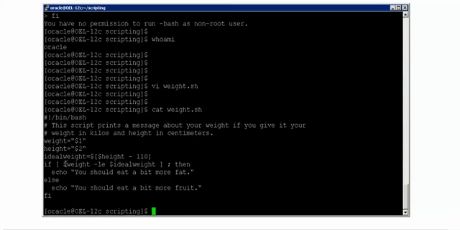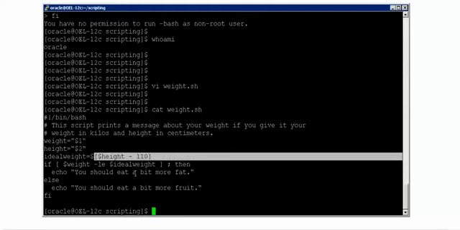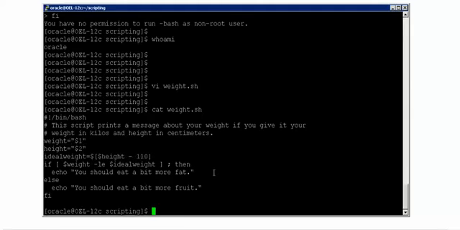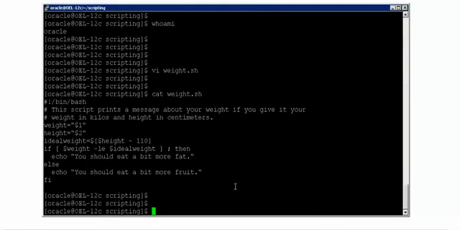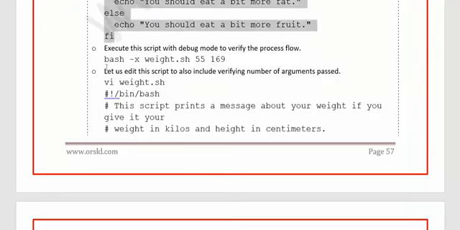As simple as that. If your actual weight, whatever you give, is less than the ideal weight that it calculates for your height, then you are okay. You can also eat fat to come to that level. But if your weight is greater than the ideal weight, that is nothing but the else clause, it will just tell you that you have to eat more. So let me show you that with the help of an example and also in the debug mode.